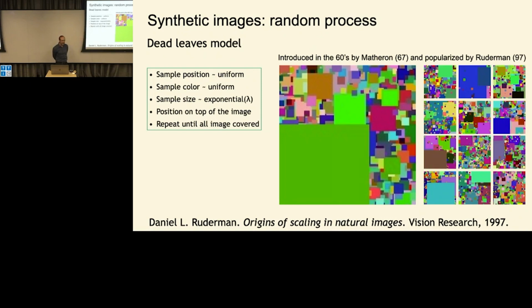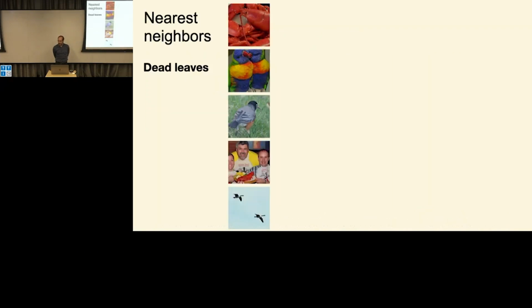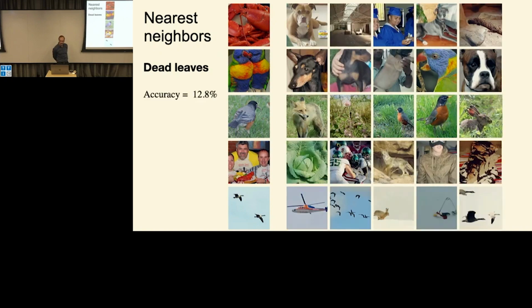Okay, simple. In fact, you can just generate them as you are training, so you never need to see the same images ever again. So what happens if you take these images and you train contrastive learning with them? So you do that, and now you just use it to do this image retrieval task. So there is no fine-tuning, no training, nothing. This model has never seen real images. Now these are the first images it saw, computes the representation, and then it retrieves nearest neighbors, and these are the neighbors. Okay, they don't look as good as before.